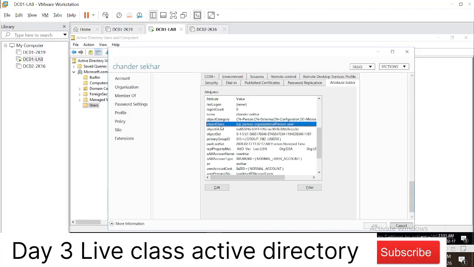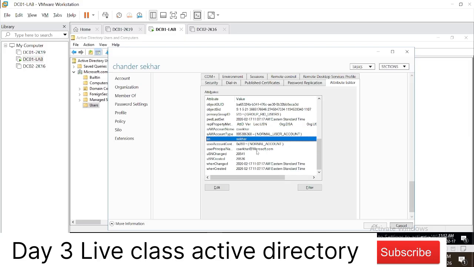Some applications say I will authenticate with the user object class. Some say okay, I'll authenticate with the SID. Some say I'll authenticate with group ID. Some say I will authenticate with the same account name, the sAMAccountName, so the user just has to type the same account name. Some say CN. Some say okay, I will authenticate with user principal name. But this application was newly introduced for some banking sectors, and they wanted to authenticate on something whose attribute did not exist. But that does not mean we can say no to the application.